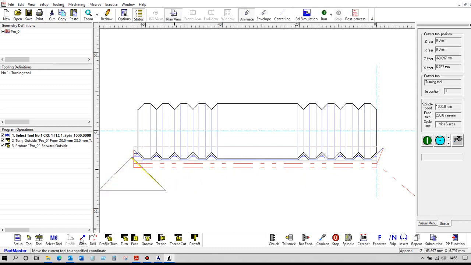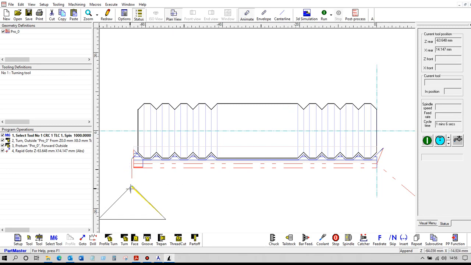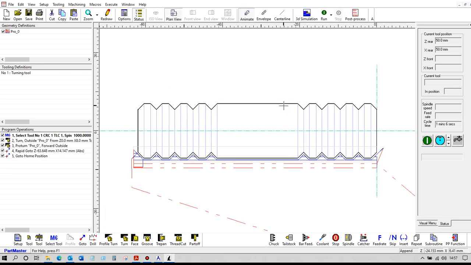Okay, so now we can use the go to command just to bring the tool away from there at rapid. That just retracts the tool so that it's now safe, and now we'll send the tool back to its home position using the go to command, send tool to home position. Okay, so that's created